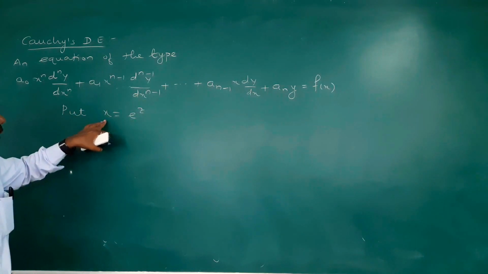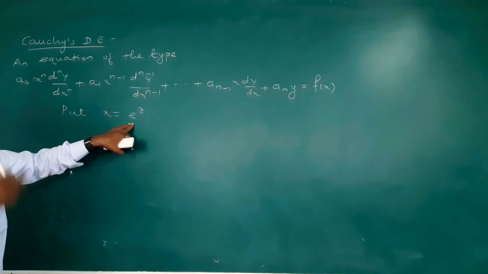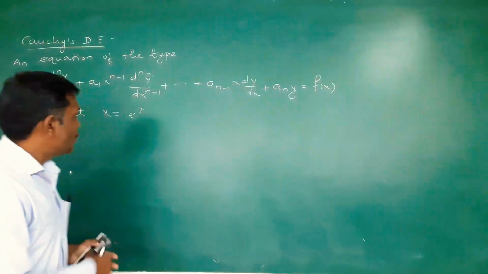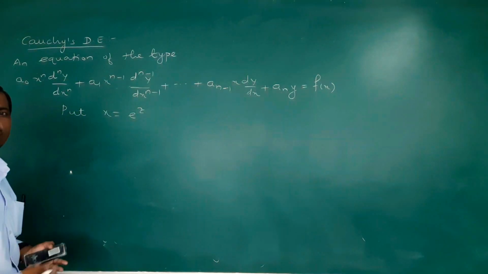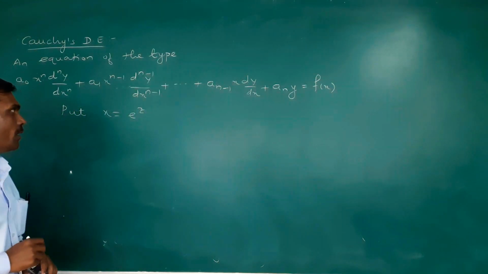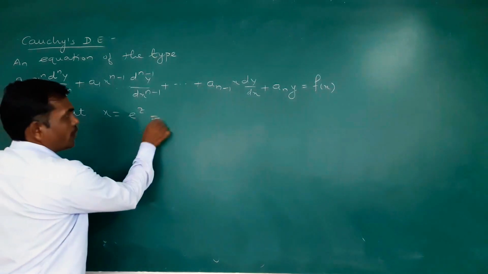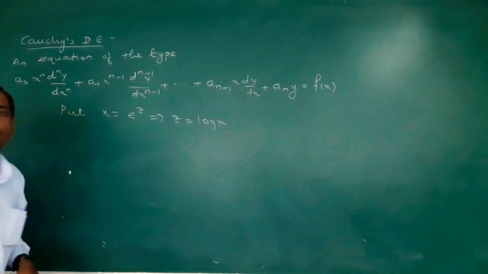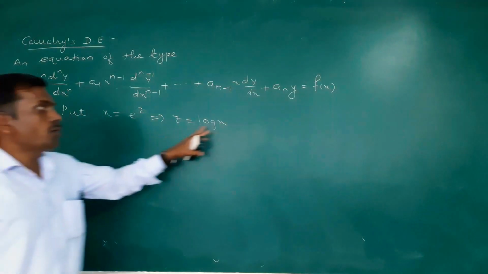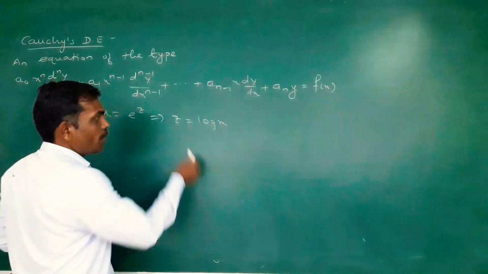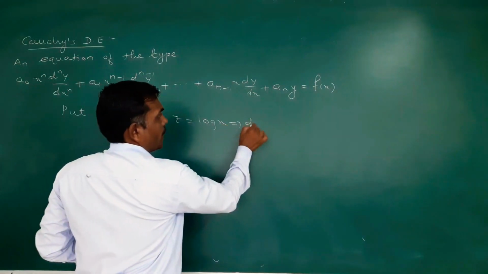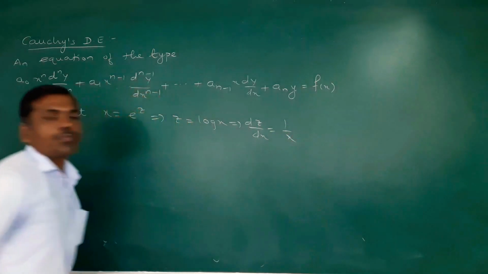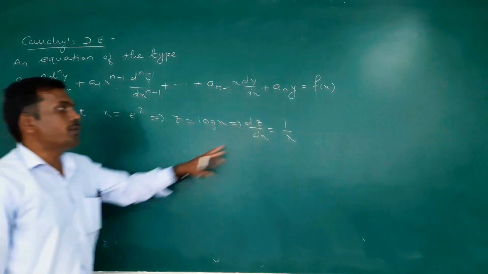Right? Now x is equal to e raised to z, so I can find the derivative dy by dx and everything. I will show you one or two terms and then we can write down the derivatives. So x equal to e raised to z means z is equal to log x, or you may call it ln of x, no problem. So z is equal to log x. What is dz by dx here? From this, dz by dx is 1 upon x, the derivative of z with respect to x.